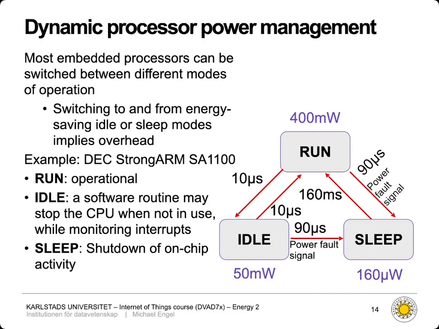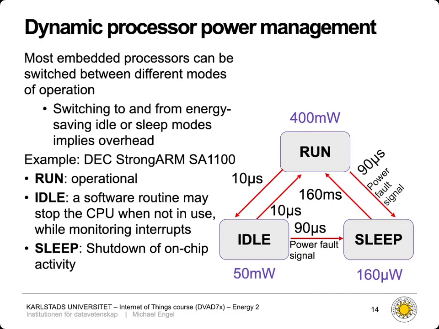Then we have another mode called sleep. A sleep mode is a low power mode, just sleeping as the name says. So this would be a very, very, very power efficient mode. It only takes 160 microwatts, so less than 1,000th of the run mode. But you can see it takes quite a lot of time to actually get into sleep mode, 90 microseconds. So you need to have energy for this 90 microseconds, and then it takes even much longer to wake up. Almost 1/6 of a second, 160 milliseconds, is required to wake this specific processor this data was taken off